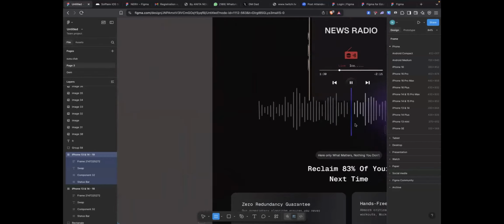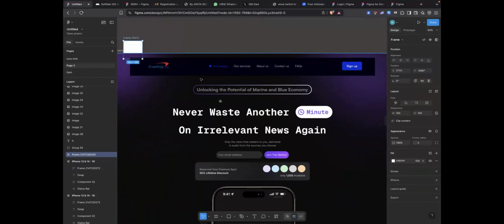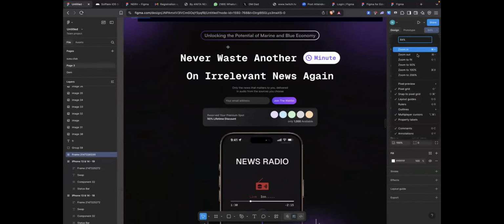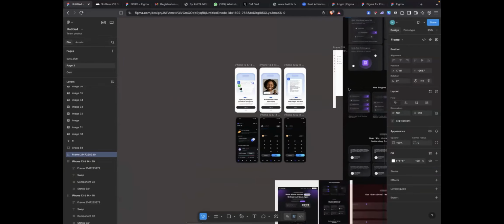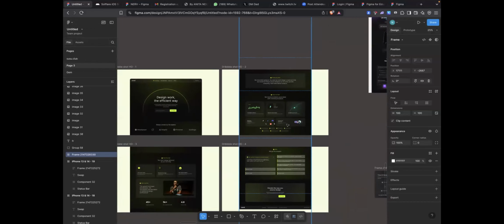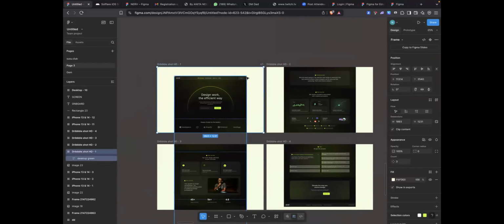This is for website design. So this is the website view. Let me zoom out a bit. So these are different designs there. This is for website. So this is about frames and layout.